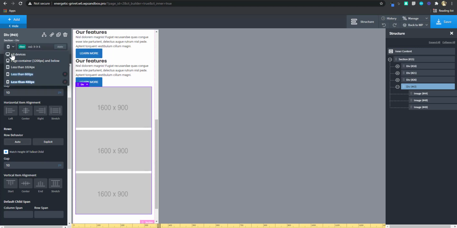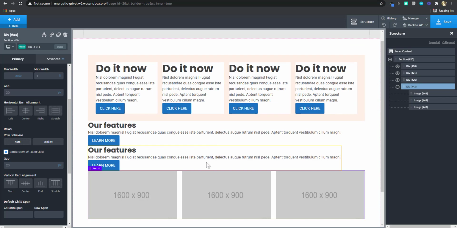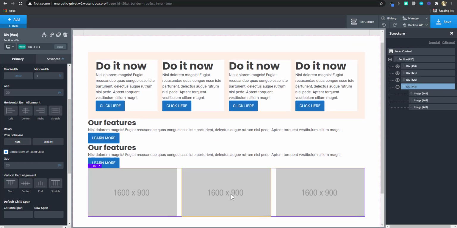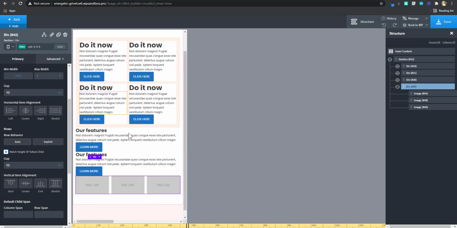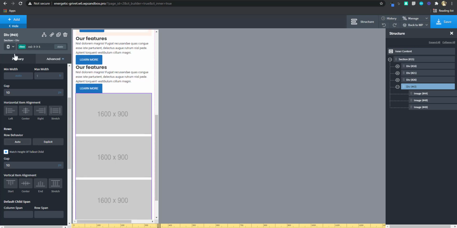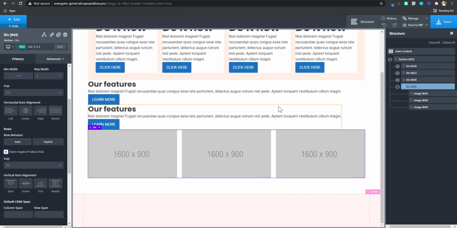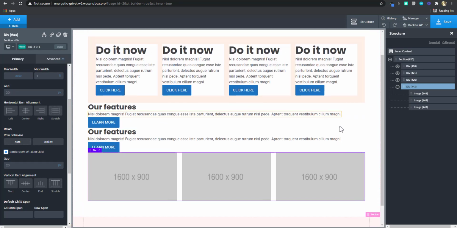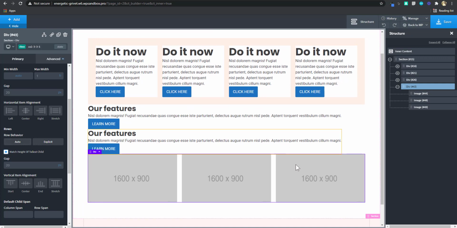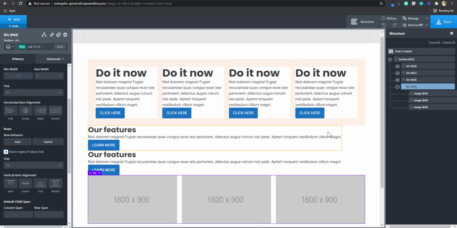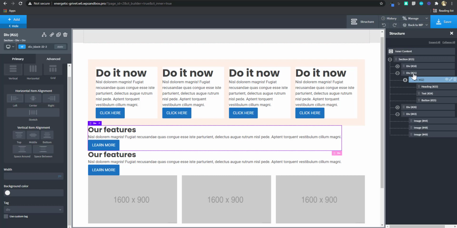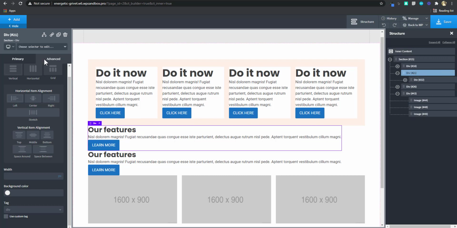So you can see that we have our 3 grids here. Okay, and then when we get down here we still have the 3 grids but with smaller spacing, and here we have 1. So let me go back. All right, so we have our 3 grids here. Okay, so if I select this div and then apply that 3 grid layout